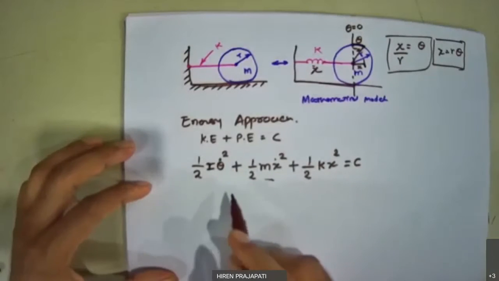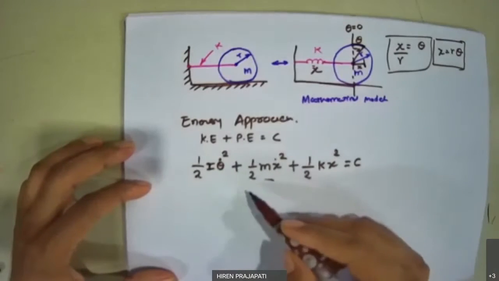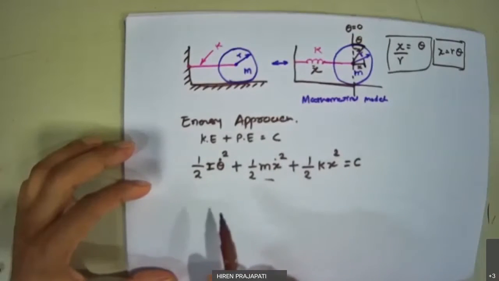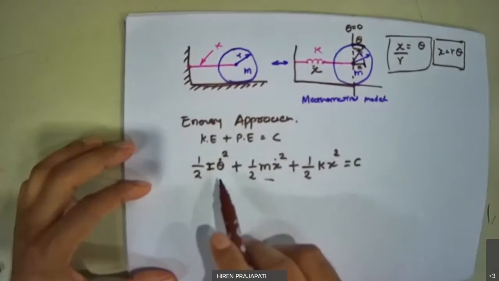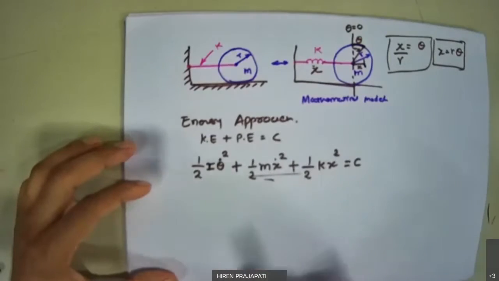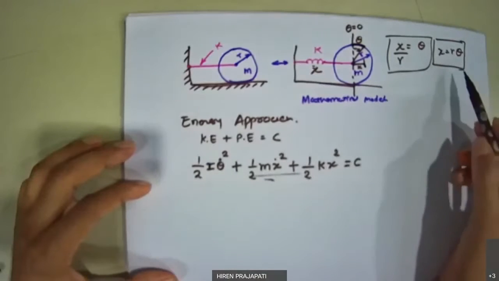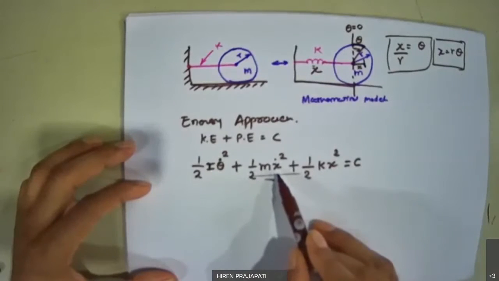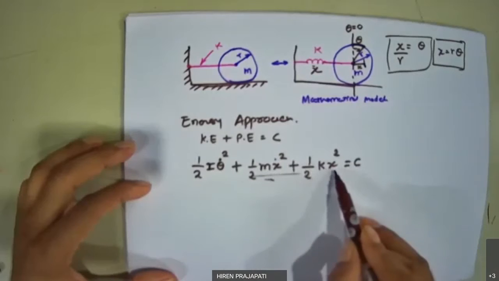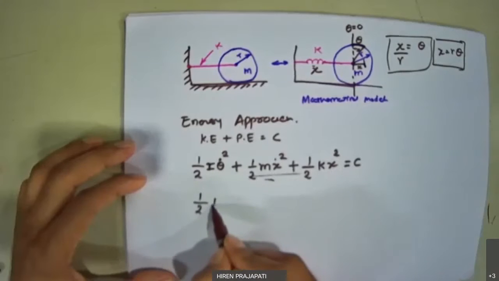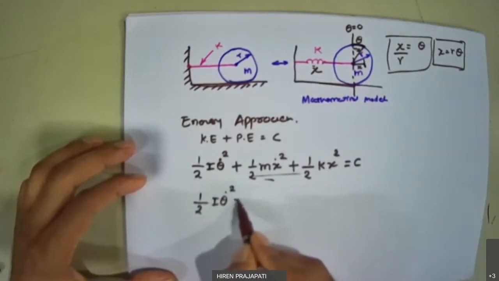Okay, let me do a correction. We cannot directly go for differentiation. We need to write this entire equation in any one coordinate. That is our prior step before moving to differentiation, right? So either I need to write the entire equation in theta coordinate or in x coordinate. The choice is yours. Suppose I am writing this entire equation in theta coordinate, then x dot is to be written in theta dot, x is to be written in theta, right? So our next step is to write this entire equation in the same coordinate.